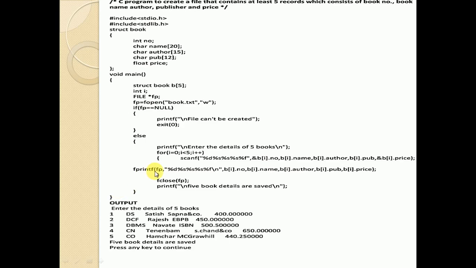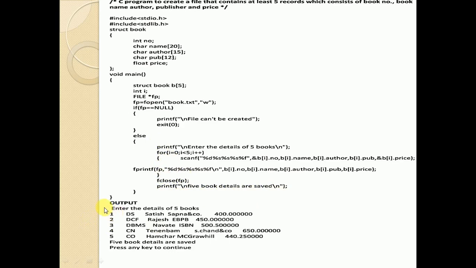Now what will fprintf do? Now we are printing to the file. Whatever input data is there is printed into the file. And after printing, we are closing the file pointer. So the file is closed now. Again we are printing that the 5 book details are saved.